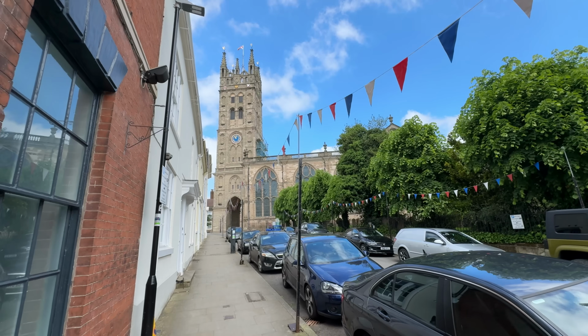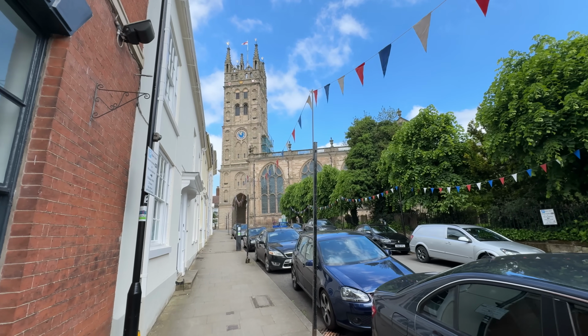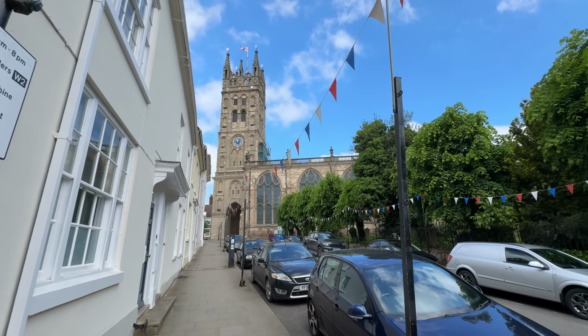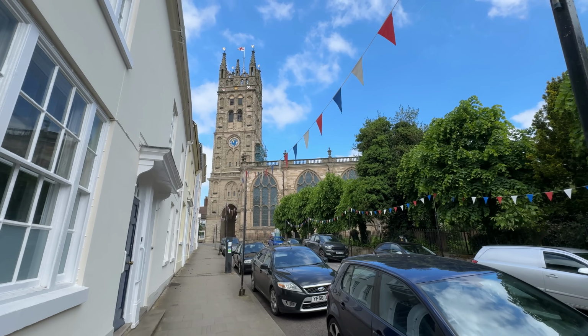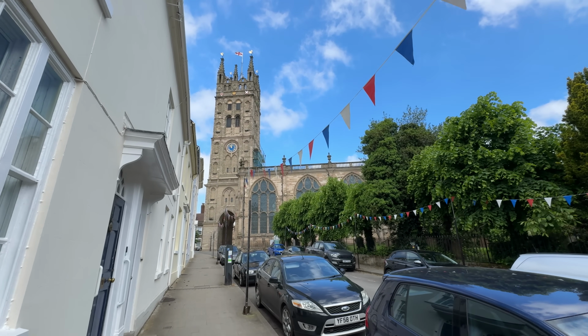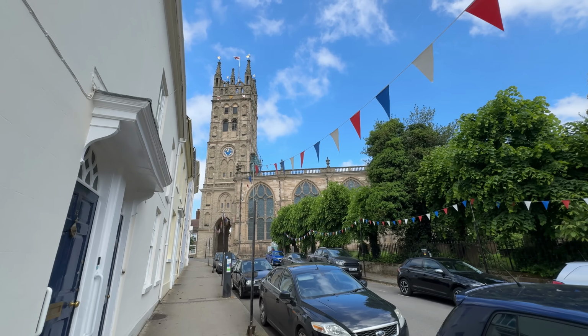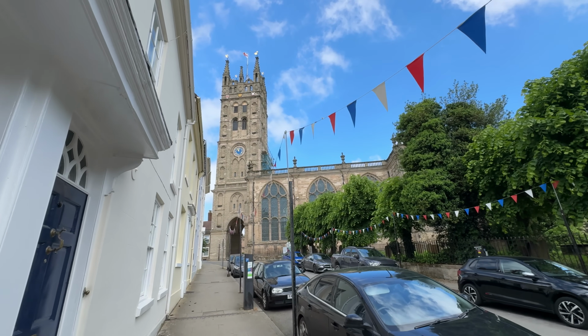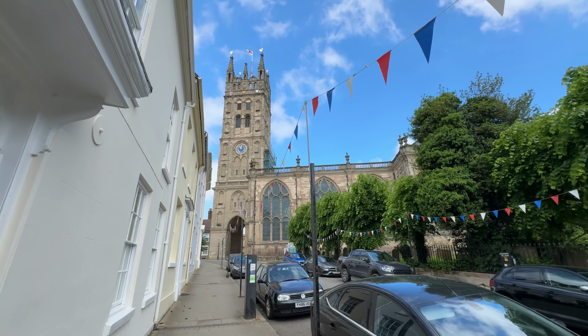My journey is primarily to introduce you to one of the most spectacular medieval architectural ensembles in the whole country, the 15th century Beauchamp Chapel, and its high point, a tomb that is, in my opinion, the finest medieval monument in England. Now I'm heading up Church Street towards St Mary's, and you may notice something a little odd about